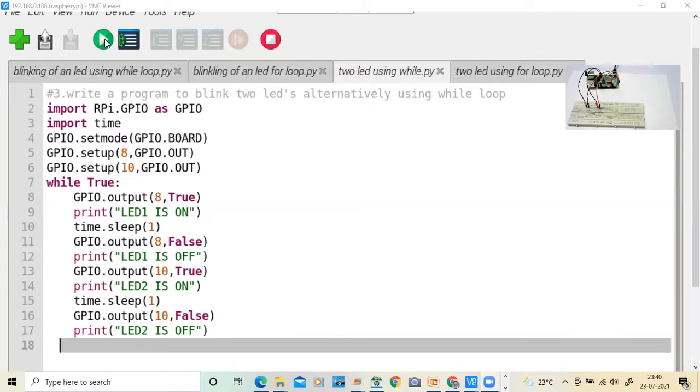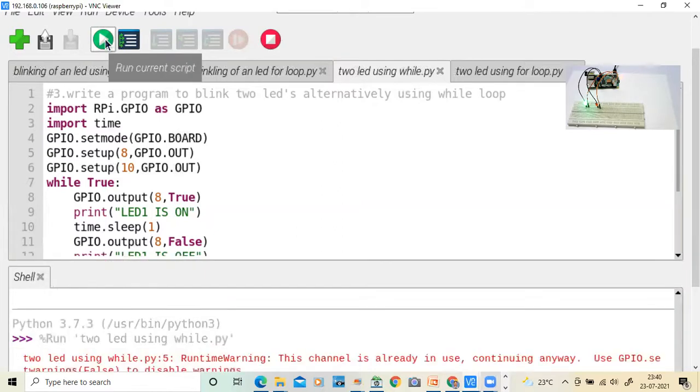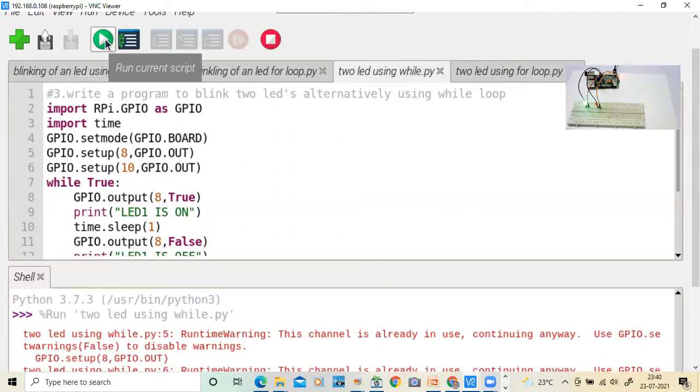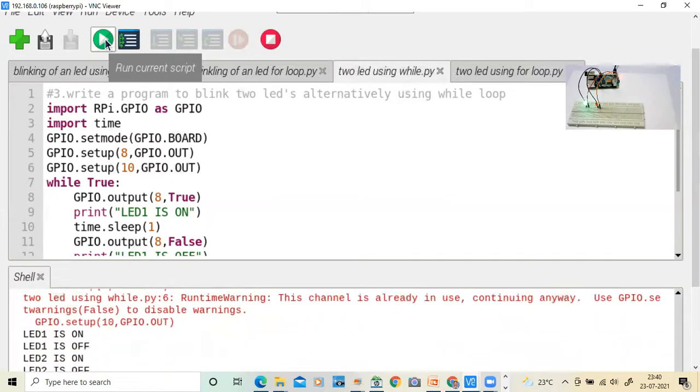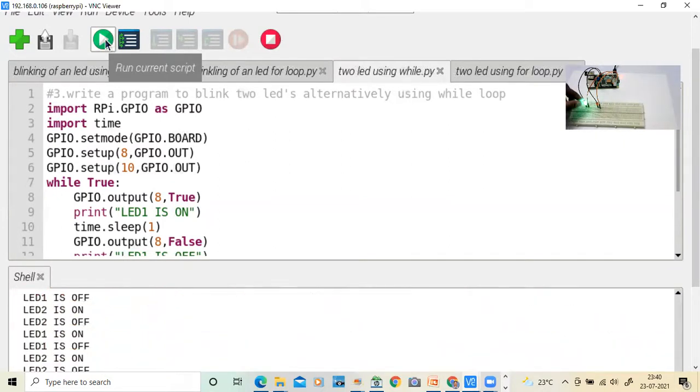If I run the program, I think some loose connection is there. Actually I'm connected to here. See here. Hope you understand.